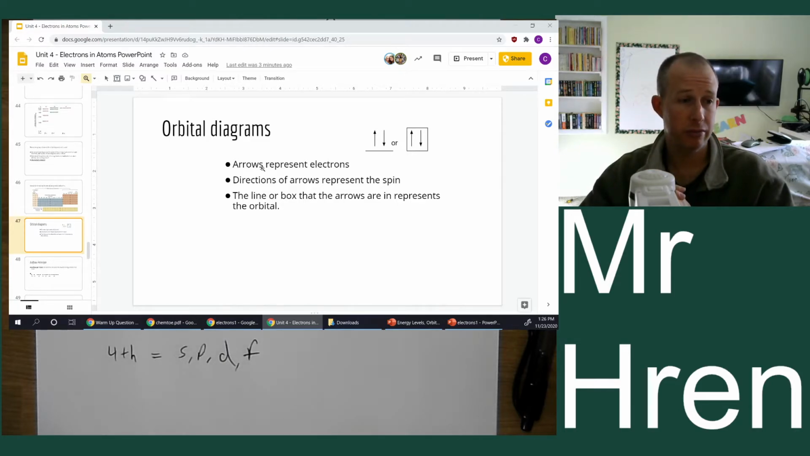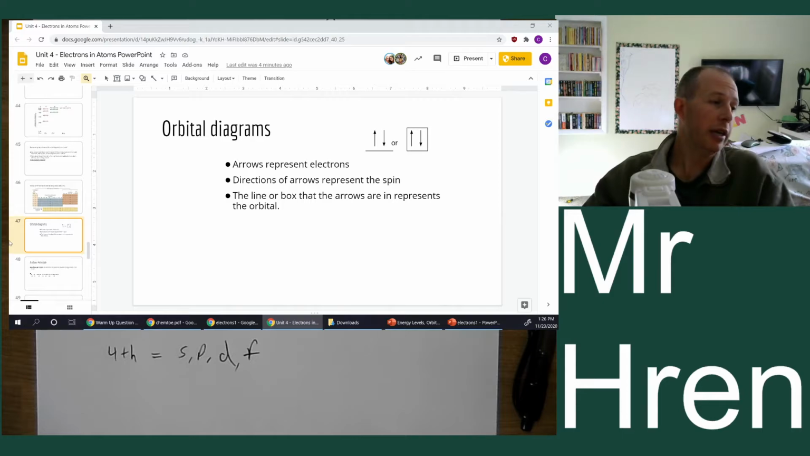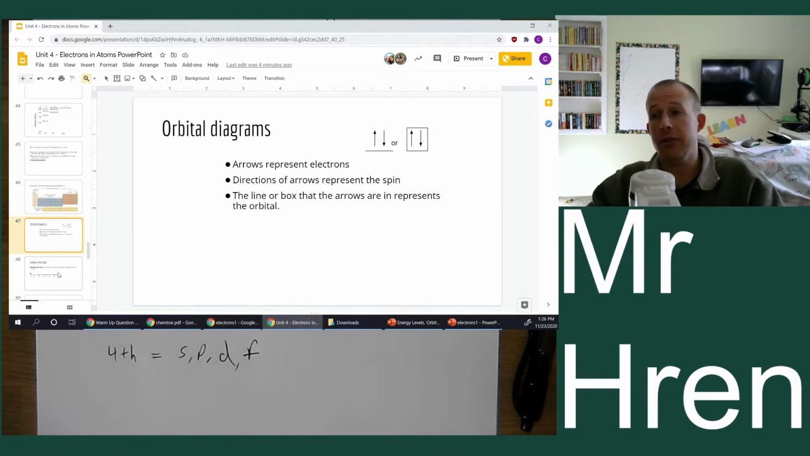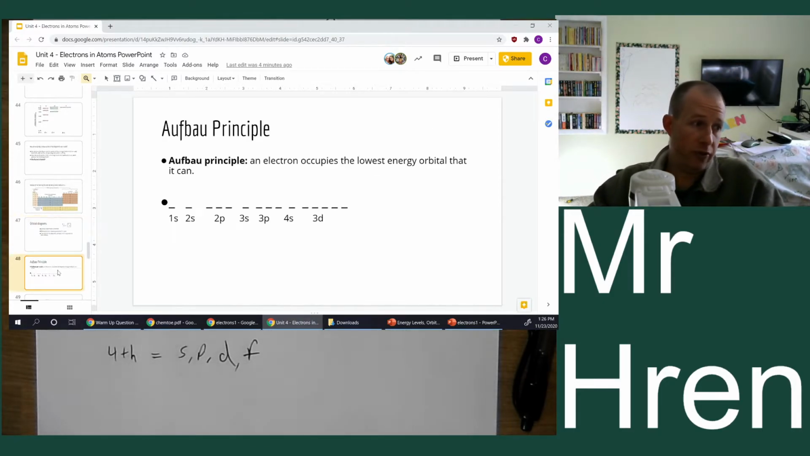And we're going to put the arrows up and down. And those will represent all the electrons in an element. Now to do this, there are 3 rules that we need to follow. 3 rules. The first one is the Aufbau principle. Now, the Aufbau principle, it states